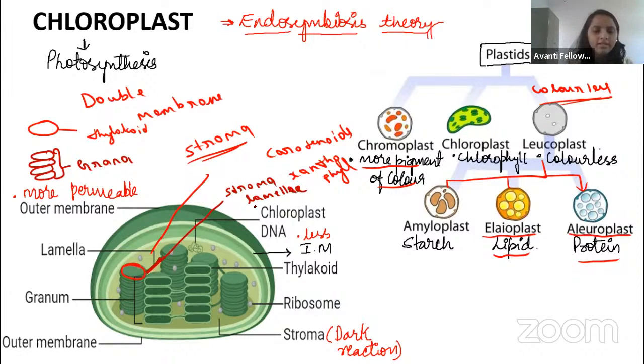You know that our chloroplast also has circular double-stranded DNA of its own, and it has its own ribosome for protein synthesis, right guys? The ribosome is 70S type. The cytoplasm inside the chloroplast we will call stroma. You know that the light reaction takes place in the thylakoid membrane, and the dark reaction takes place in the stroma, right guys?